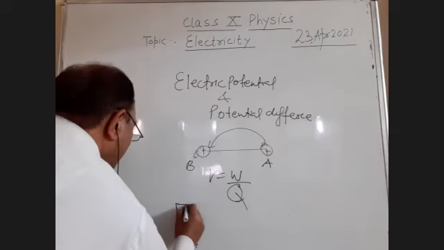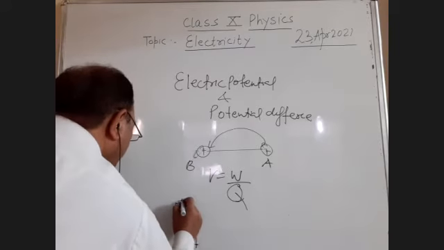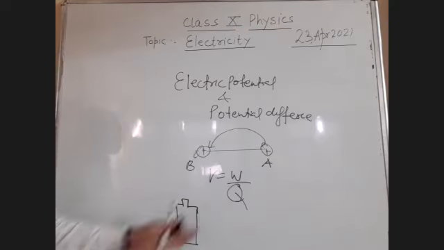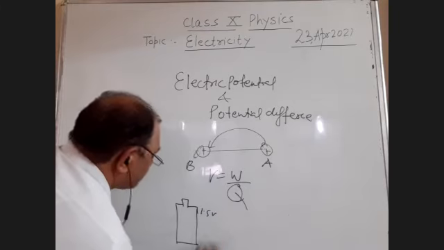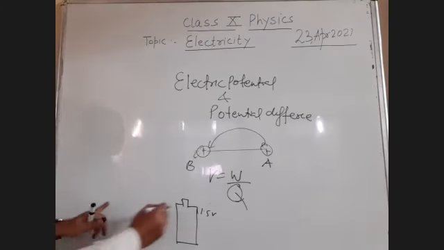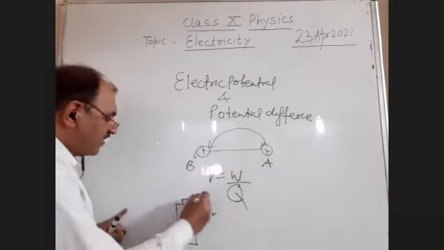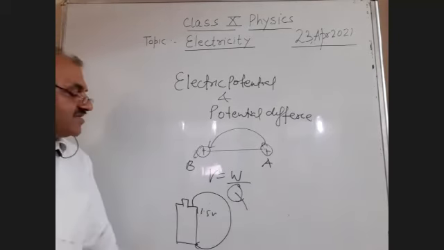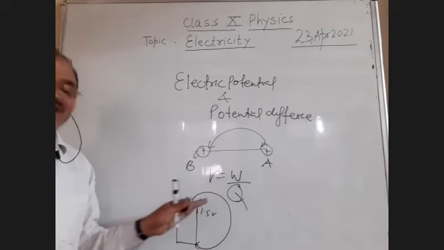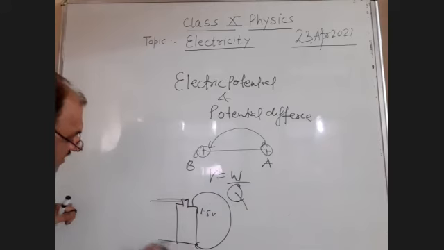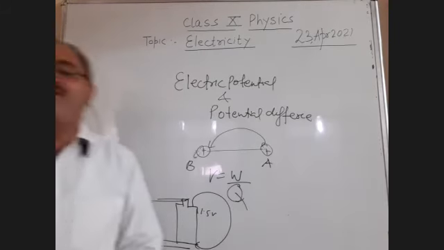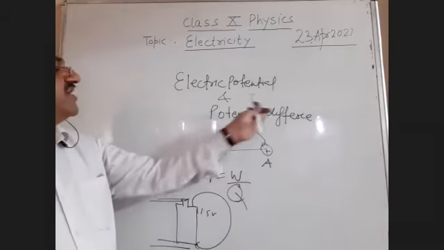I have drawn the diagram of a dry cell, which is used in your battery or clock and so on. This is a dry cell. Here it is written as 1.5 volt. Now students, to travel this charge from here to here, how much work is being done? This is called the potential. And the difference between these two points, from point A to B, the difference in the potential between the two points, is called the potential difference.